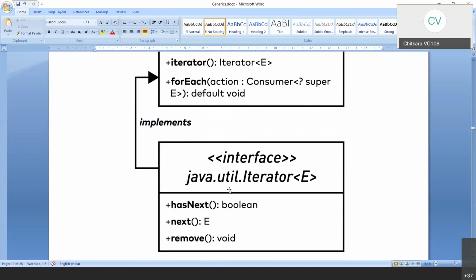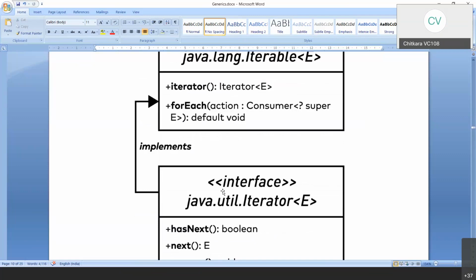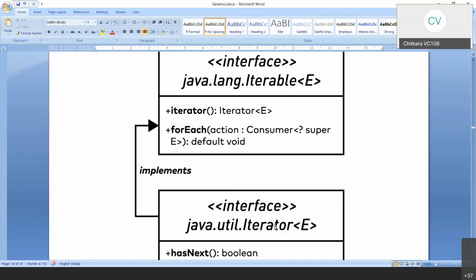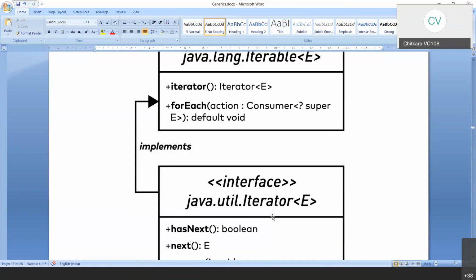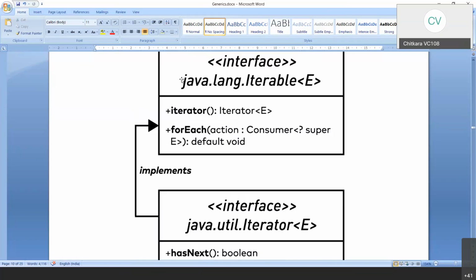Yes. A question may be asked in the interview: we have Iterable and we have Iterator, what's the correlation between them? Kindly tell them that java.util.Iterator implements java.lang.Iterable. Kindly note, this is java.lang.Iterable and this is java.util.Iterator.